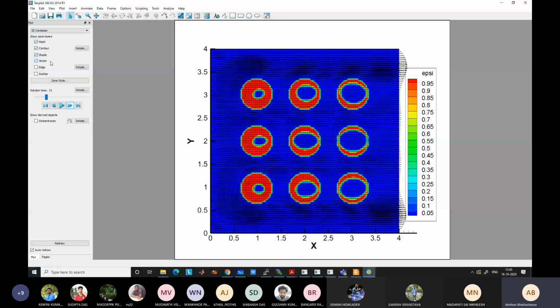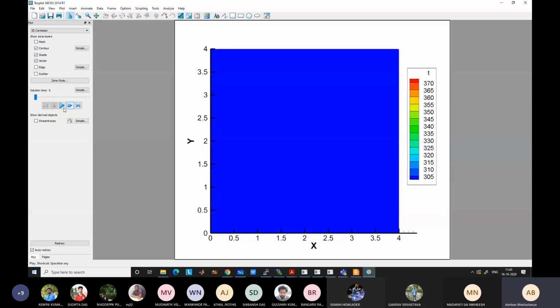So flow is coming from the left hand side, going out of the right hand side, and this flow is bringing in high temperature fluid like this. With time it is bringing in high temperature fluid. Initially the entire domain is at low temperature, and as a result of this high temperature fluid, the phase change material which is contained in some spheres starts melting, and ultimately the full melting occurs. And the melt fraction is shown like this.